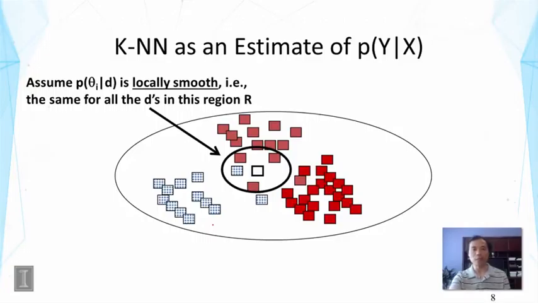And that just means we can assume that this probability is the same for all the documents in this region R here. And suppose we draw a neighborhood, and we're going to assume in this neighborhood, since the data instances are very similar, that the conditional distribution of the label given the data would be roughly the same. If D is not very different, then we're going to assume that the probability of theta given D would also be similar. And so that's a very key assumption,